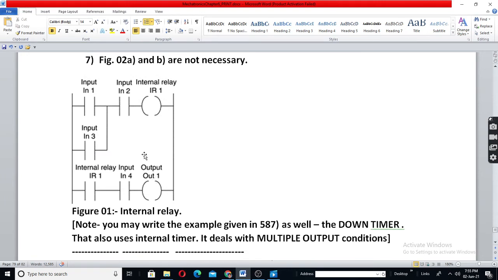So internal relay means an imaginary number. You are using that for other circuits so that you can compute easily. Suppose you have one person representing many things. For example, say a lecturer is there, a principal is there. The principal has to handle 800 students. Inputs will be 800 students in a college. Now, what the principal does is he has lecturers and staff.